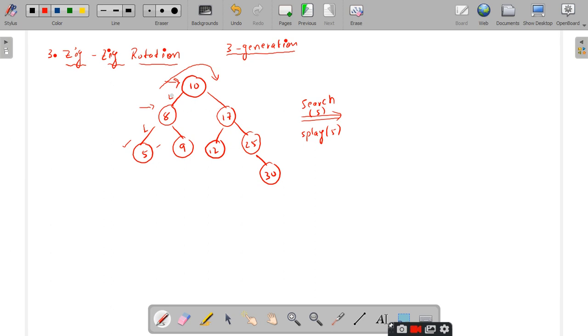So, if it is a symmetric type of imbalance, left of left, the child node is placed as the left child of the parent and the parent is also the left child of the grandfather. So, in such cases you always have to perform the two rotations starting from the grandfather.